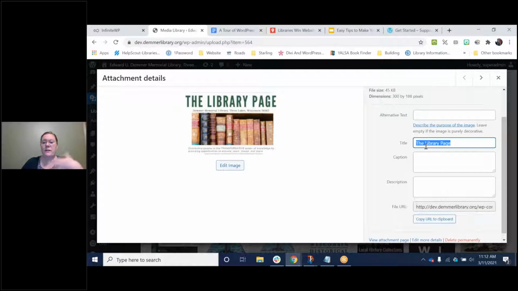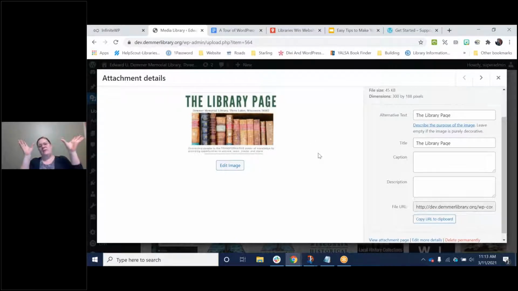This URL is really handy if you want to link a document without putting the document visually on the website. One thing I'm going to start talking about is accessibility. For every single image, if it's not decorative, and every document, you should be putting in alternative text. Alternative text essentially describes or includes all textual information on an image.